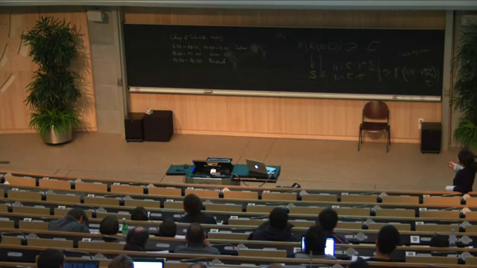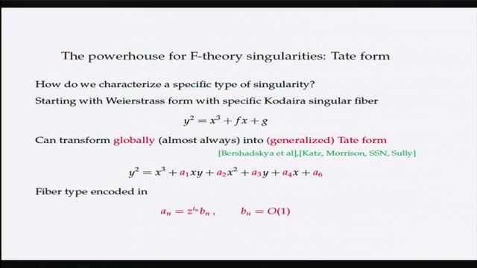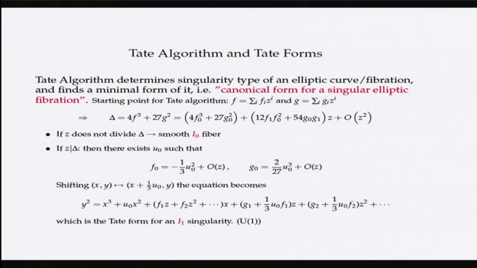This corresponds to one power of z dividing the discriminant. That's an I1 singularity. So the vanishing order of the coefficient of x is 1, and all the other ones are of order 0. And from the gauge theoretic point of view, you have a U1 gauge symmetry there, the single 7-brane. Now, if z squared actually divides the discriminant,